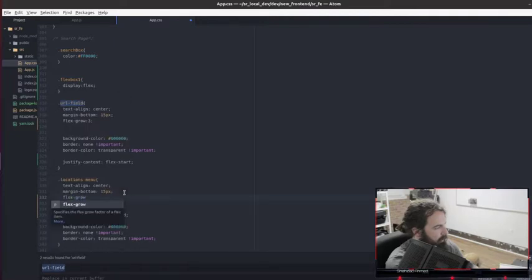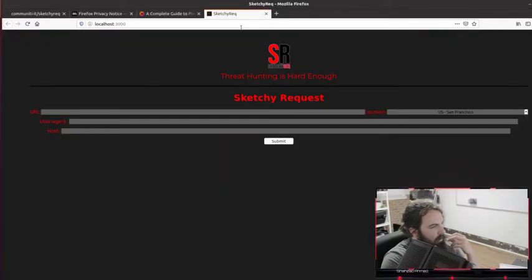Let's start with 3. And then locations menu will state explicitly flex grow and set it at, let's do 1. Let's see how that looks. Or if it even works. Wow. That looks like super not horrible.